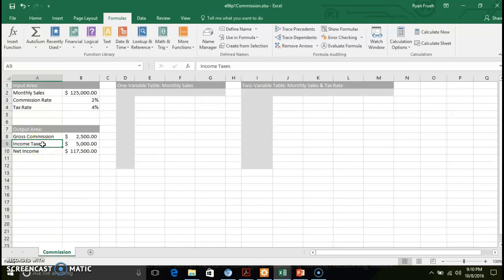So again, work through this. This will be part of your assignment. This is going to be hands-on exercise number 1. And the information that we've worked through in here is going to get us moving forward with dealing with one variable tables and two variable tables that we'll look at in our next